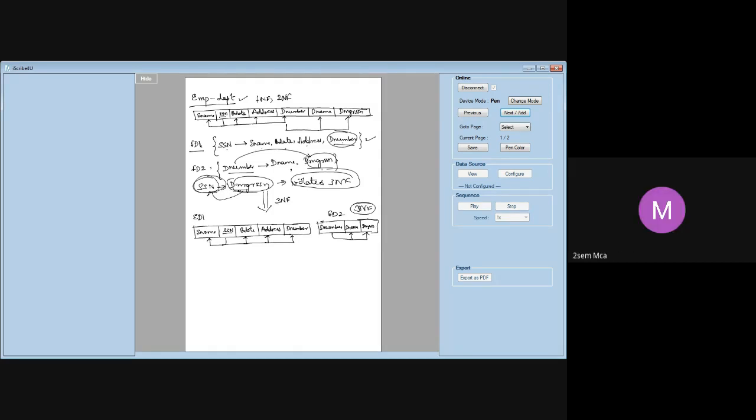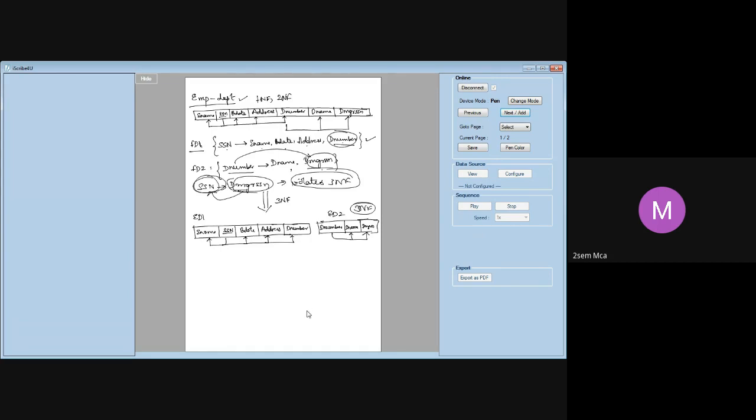Any doubts, anyone, regarding third normal form before we move further? See, these are all very important concepts, not just from the point of examination, but for placement also. You should be able to tell them what is third normal form, what is second normal form, what is full functional dependency, partial. They might ask you anything, especially if you are going for an interview in a database sort of company.